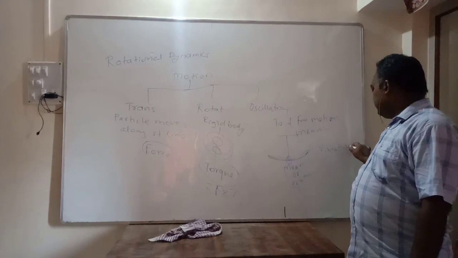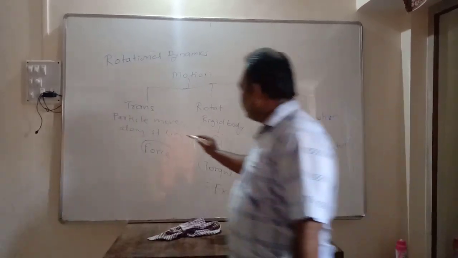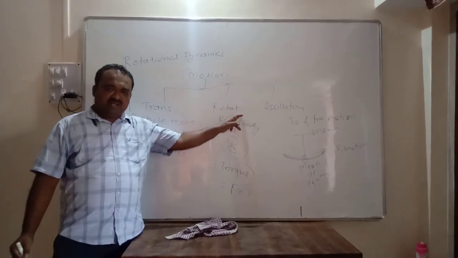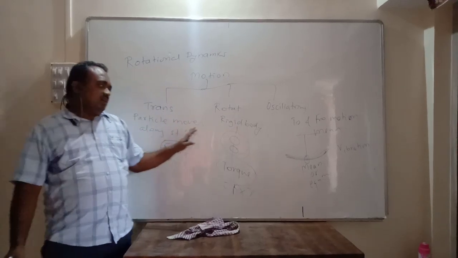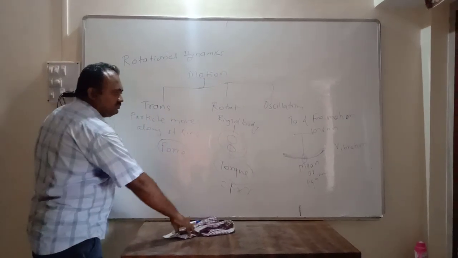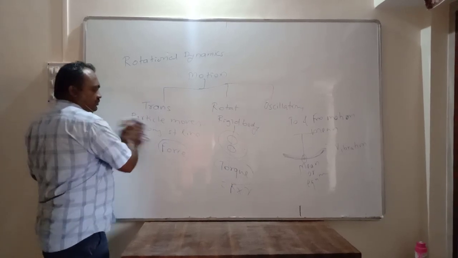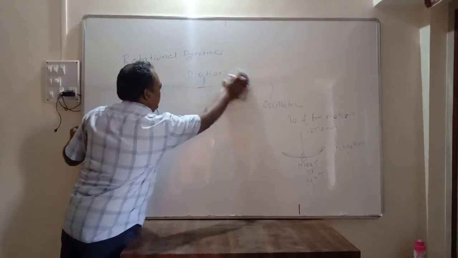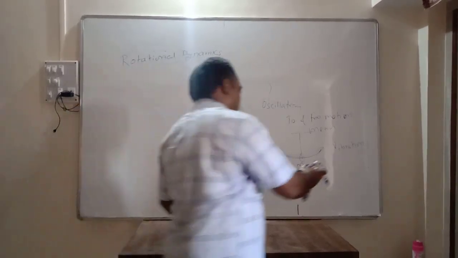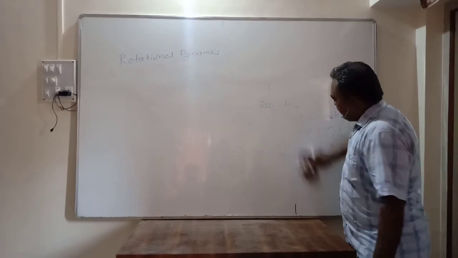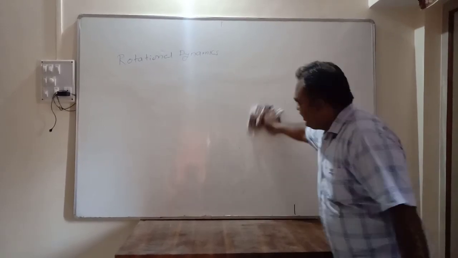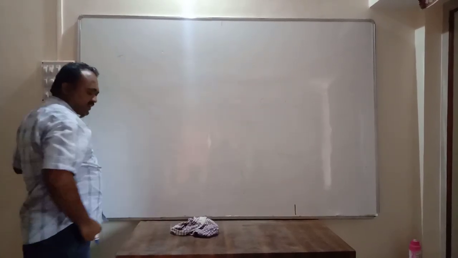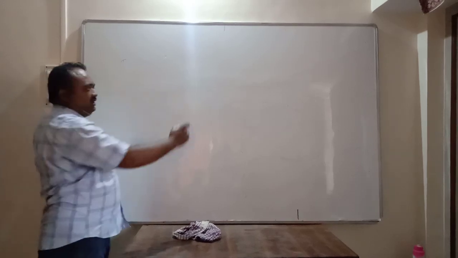So out of these three, you have studied translatory motion in the 11th standard, and rotational and oscillatory you are going to study in the 12th standard. Okay. In the chapter, at the headline they have given you, you can recall this motion, mechanics, center of mass, and circular motion. So today in this first lecture we will take the introductory part, mechanics.